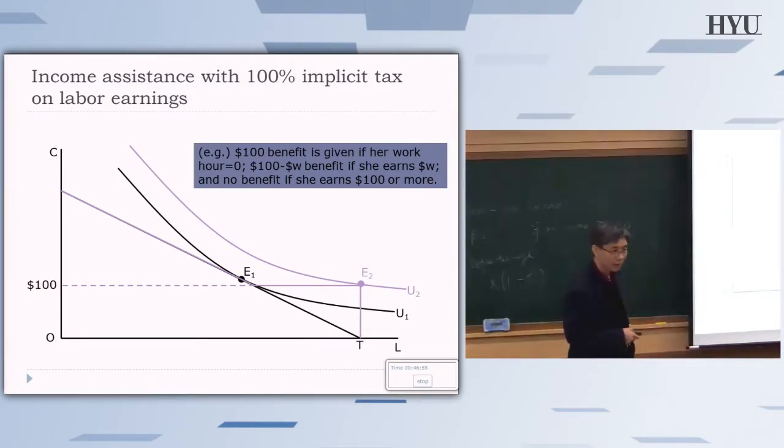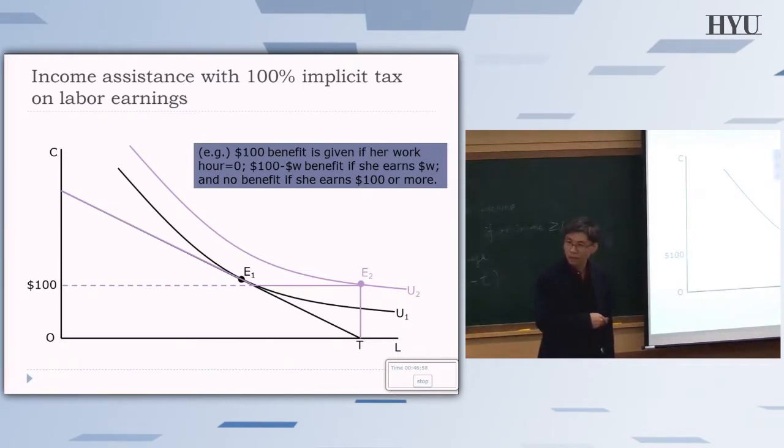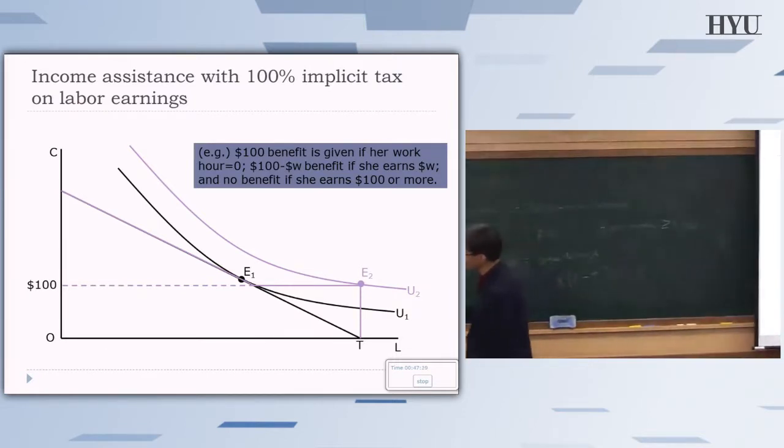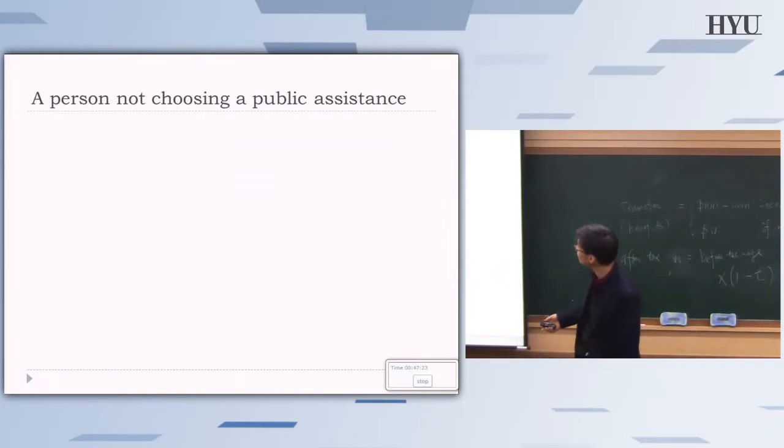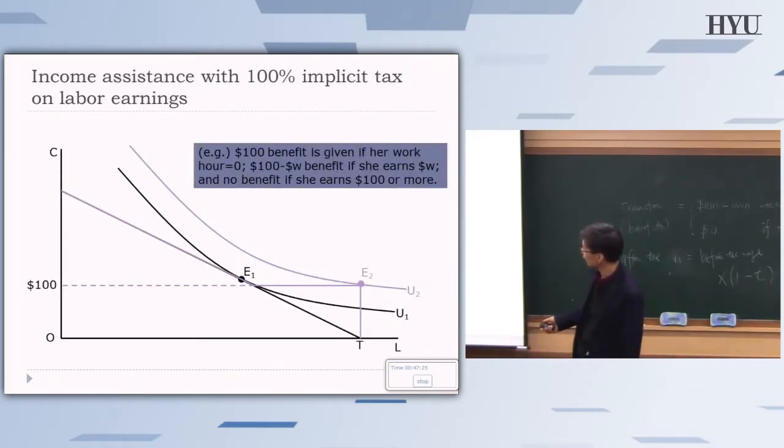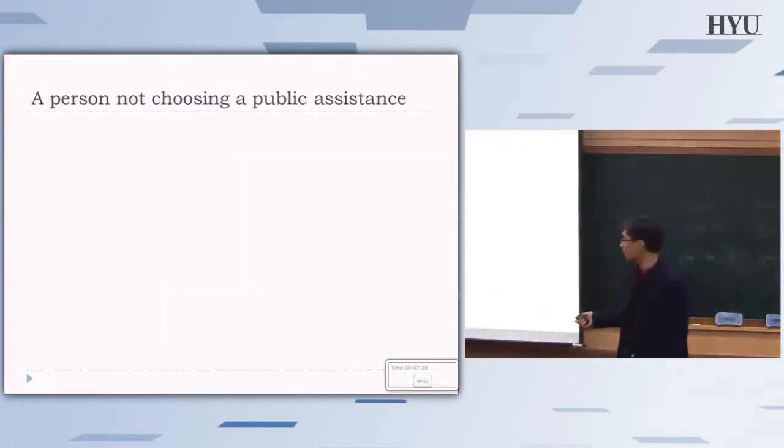Get it? And in this type of program, anyone on welfare would be a person who doesn't work at all. There will be no working beneficiary. All the beneficiaries must be non-workers in this program because that's obviously the best choice for the individuals. So it does not necessarily mean that everybody will be on welfare in this economy because if you think